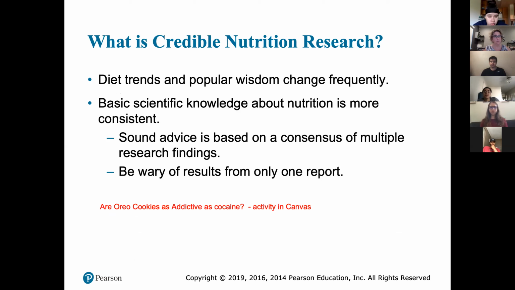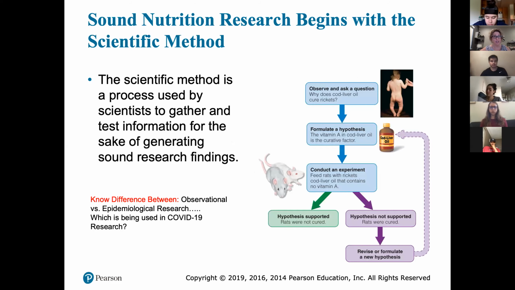What I'm trying to get people to do is to look at this whole scientific method, and what we use for the scientific method. The textbook uses the example of rickets. It talks about when we have data, and a lot of you are learning about this because of COVID, and we have studies going on with COVID, right? What do we need to do to have this gold standard type of research?